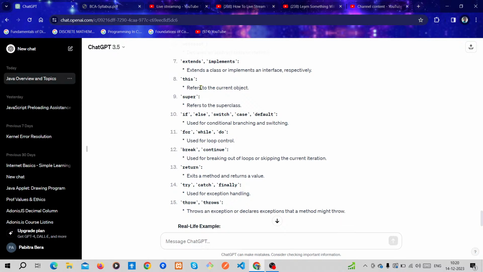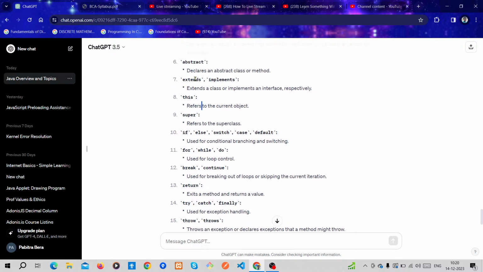Then the this keyword is also in extends. We have four types of inheritance: single inheritance, multi-level inheritance, hierarchical inheritance, and one more. For classes the extends keyword is used, and the implements keyword is used for multiple inheritance in Java.